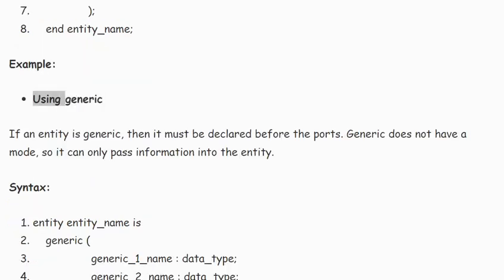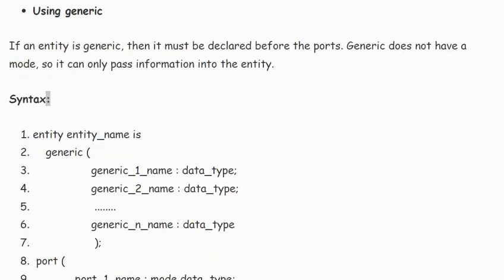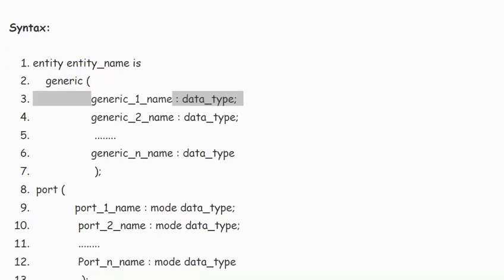Using generic. If an entity is generic, then it must be declared before the ports. Generic does not have a mode, so it can only pass information into the entity. Syntax. entity entity_name is generic (generic_one_name data_type; generic_two_name data_type; generic_n_name data_type);